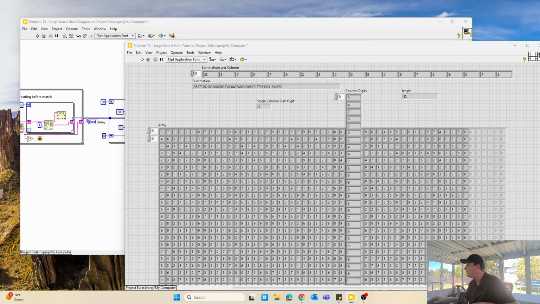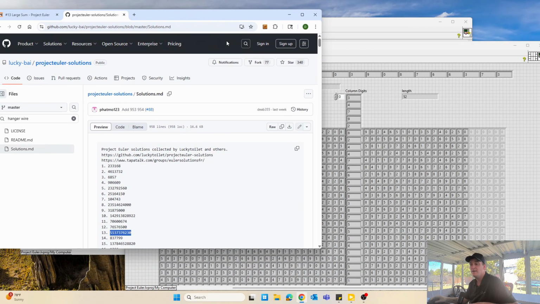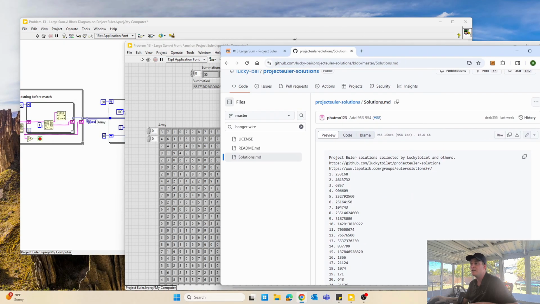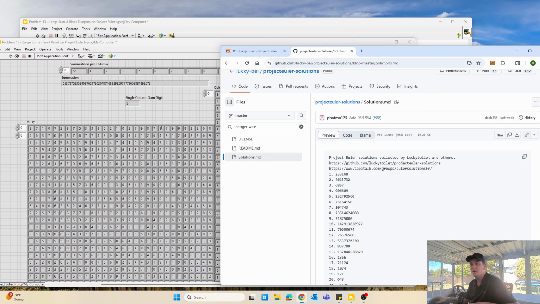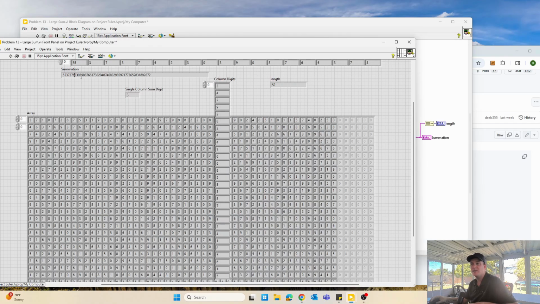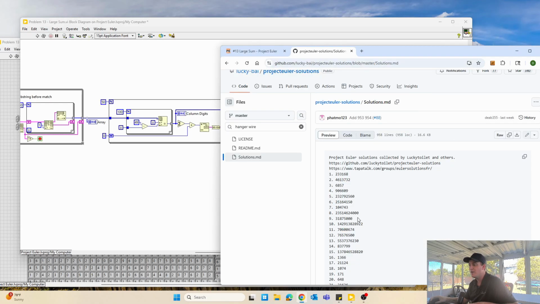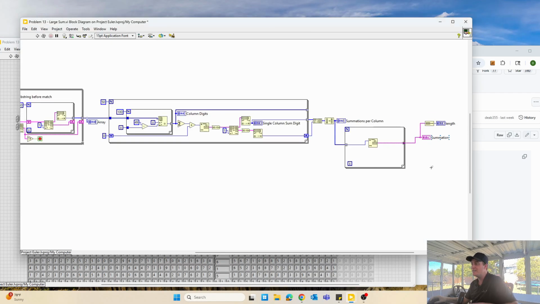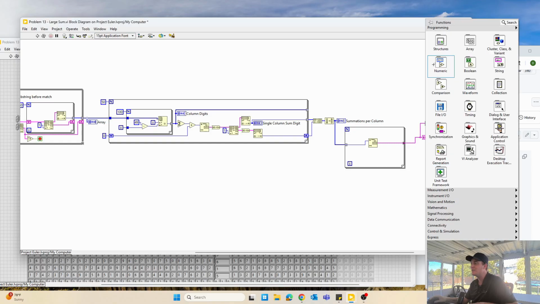But let's see. So if I go to my random solution here, okay, yeah, I think this is actually right. Pull this up. So what's the number? It is the first 10 digits. The first 10 digits are 5537376230. Okay, so now the last thing I'm going to do to get the actual answer out, I'm going to